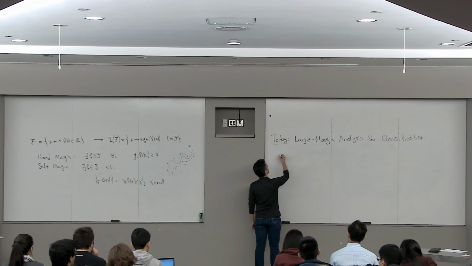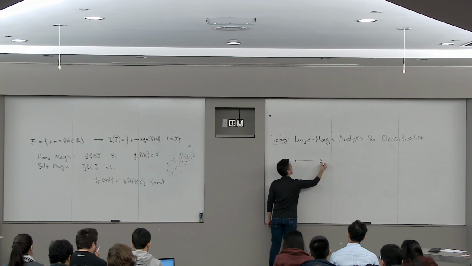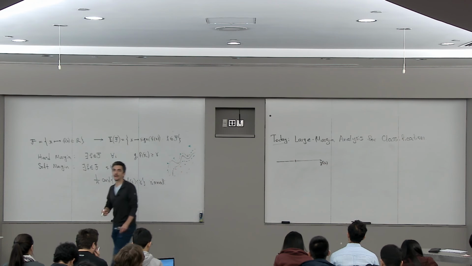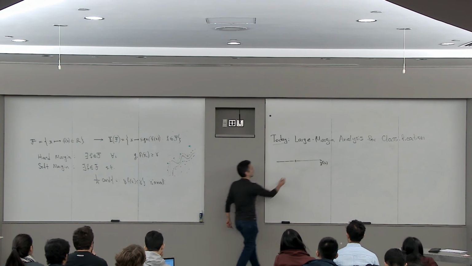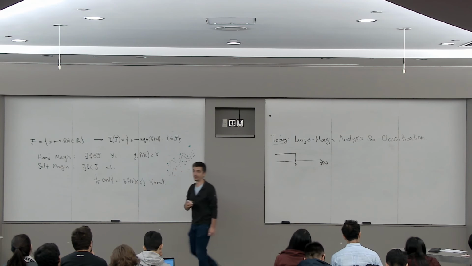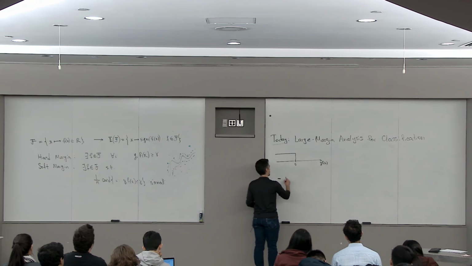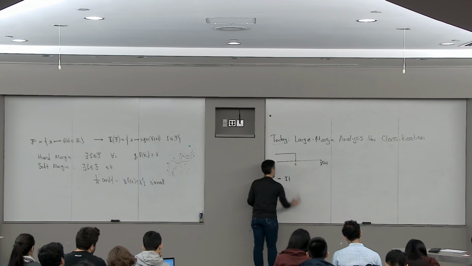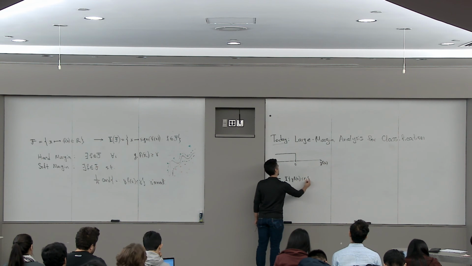So I'm going to look at the indicator loss as a function of y times f of x. So when y times f of x is negative, you make a mistake of 1. That's the indicator loss. So the black is the indicator that y times f of x is less than 0.